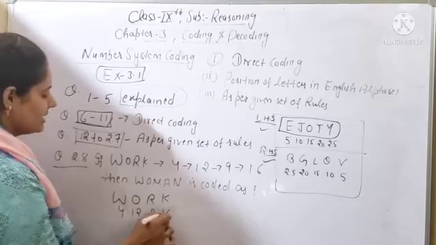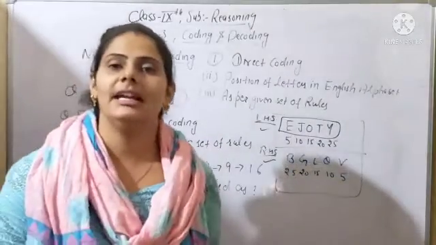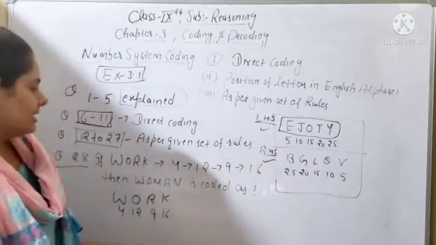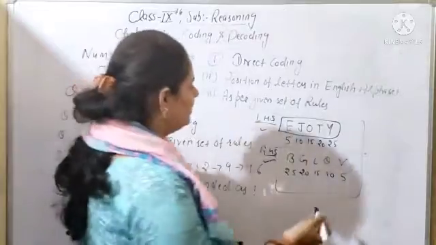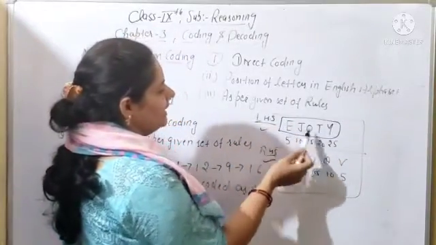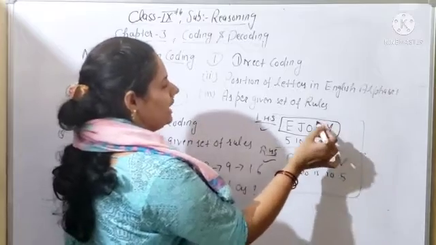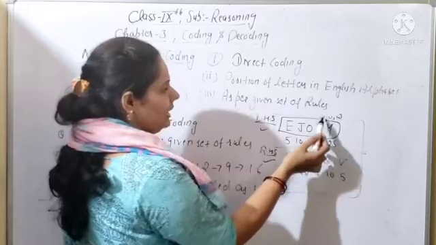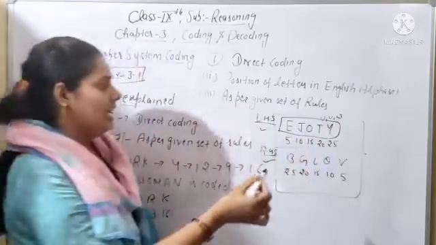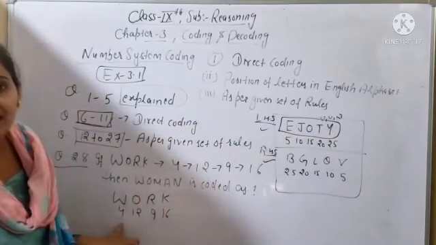R 9 and K 16. So first you have to check whether these positions are counted from the left hand side or from the right hand side of the letters. So W position is given as 4. Okay, so where will be the W position? If you are starting from the left hand side, so where will be the W? Here, T, U, V, W. Okay, after T it will be U, V and W. So 20, 21, 22, 23. If you are starting from the left hand side, so W position will be 23, but it is written 4.